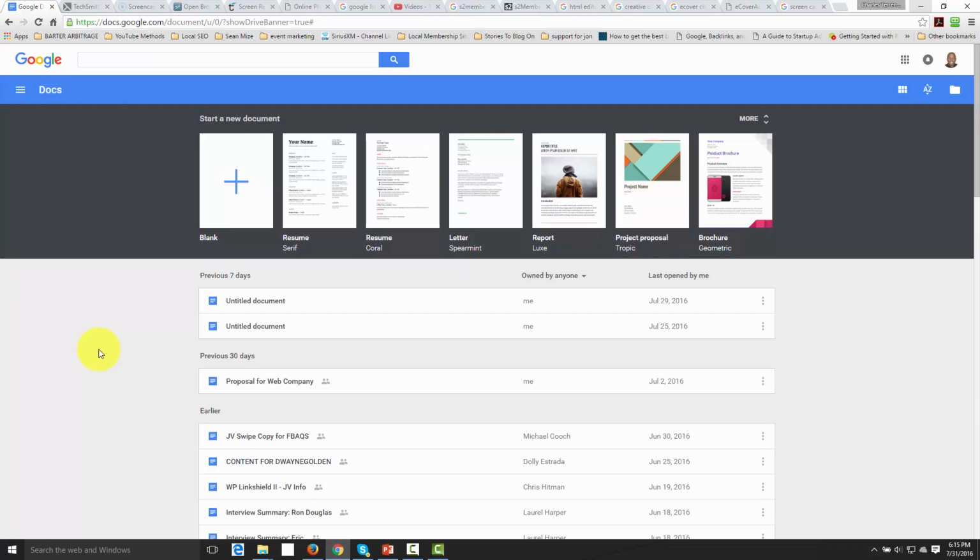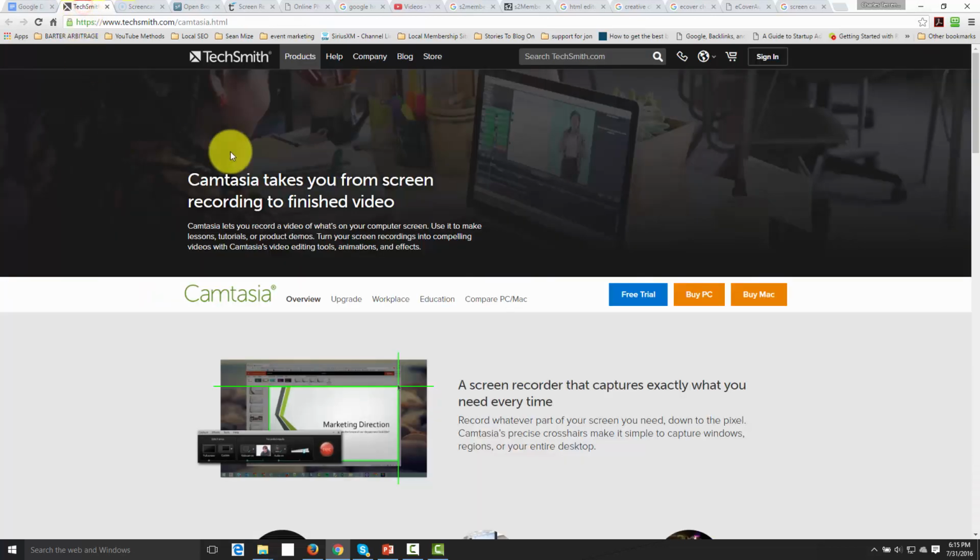Now, there are a couple of programs that you can use. Most internet marketers and entrepreneurs will use Camtasia. However, there is a $300 price tag to Camtasia. You can get the free trial, which will last for 30 days. That will give you time to go ahead and record your videos. Hopefully, if you can sell the course, then you'll be able to pay your fee for Camtasia in order to activate it permanently. Now, if you don't want to upgrade to Camtasia and $300 is too spicy of a price,